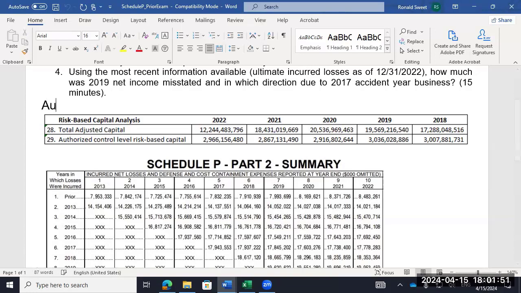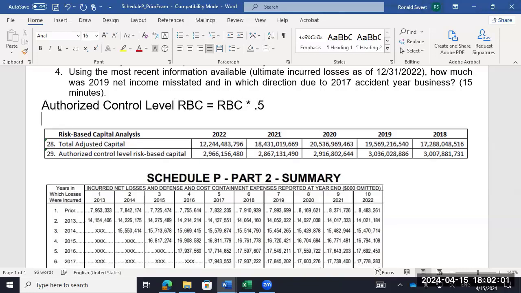So authorized control level RBC equals RBC times 0.5. So they define it up front. So what are you going to do with that number? Risk-based capital is what you need from a regulatory standpoint. So what do you do with this authorized control level? What they say is you must hold capital equal to 2 times your authorized control level